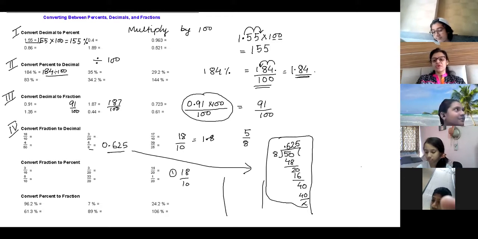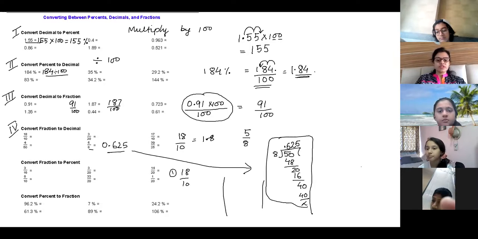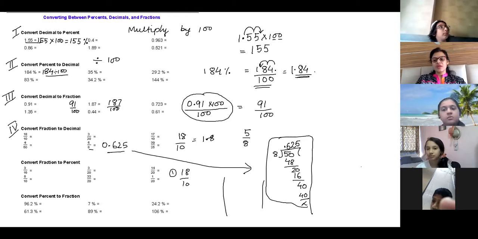So that's why I keep on telling you, click clear pictures and write with pen. When you click a picture of pencil writing, it is very light, and sometimes it's not clear what numbers you're writing, so it becomes difficult. And ma'am, on pen, when something is wrong, we need to cut it and then write. We can't erase, so you can strike like this and write. Okay. Yes. Fine. Chalo, next question.